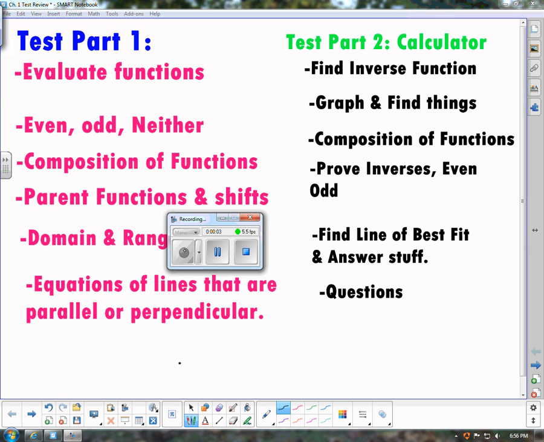This is a review for the first part of the Chapter 1 test. This part will be without a calculator, and the things that you're going to end up having to do for it would be to